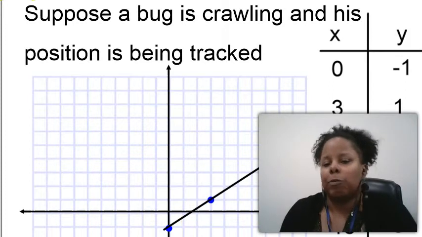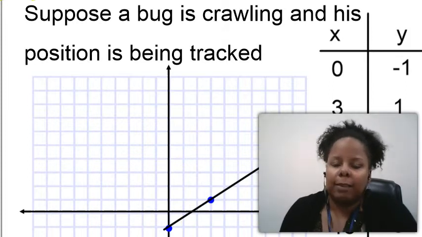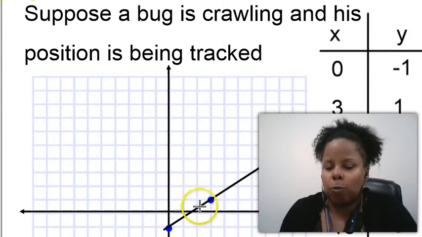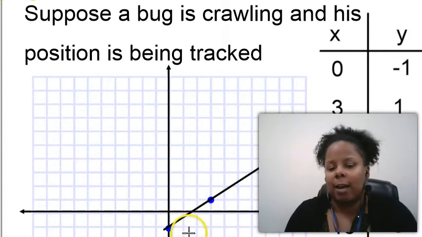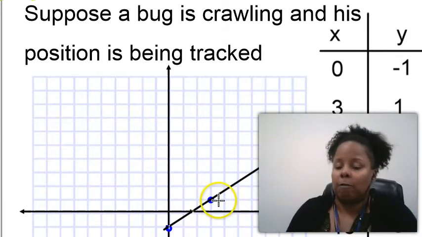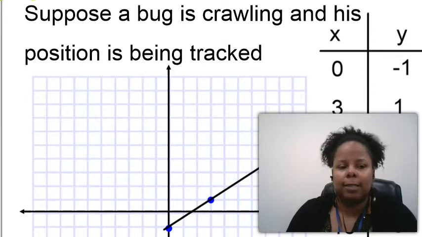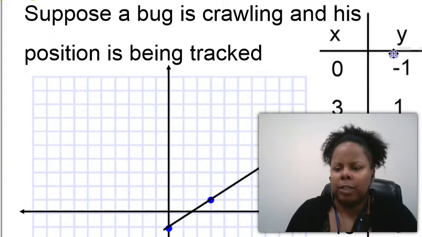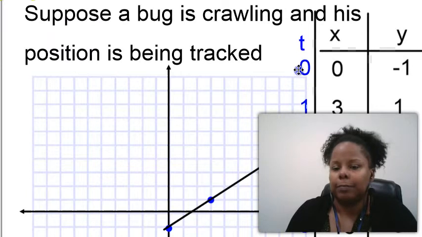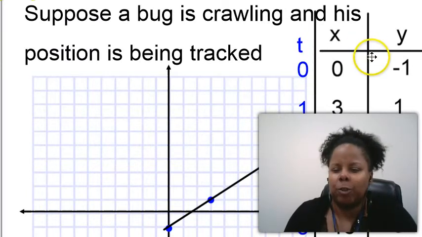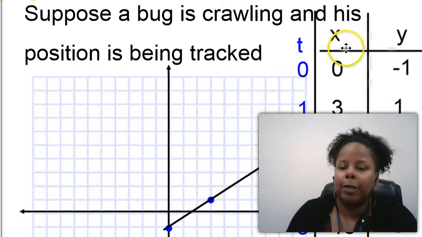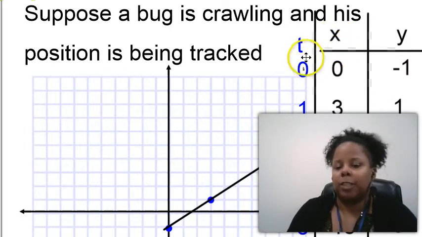And that would be accurate, but we're ignoring the fact that each of his x and y coordinate positions are based not off x. X is not based off y, and y is not based off x, but they're based off of this variable, a quantity that's changing. And the quantity that's changing is the quantity t. And so this is an example of a parametric equation where x can be found by determining an expression based